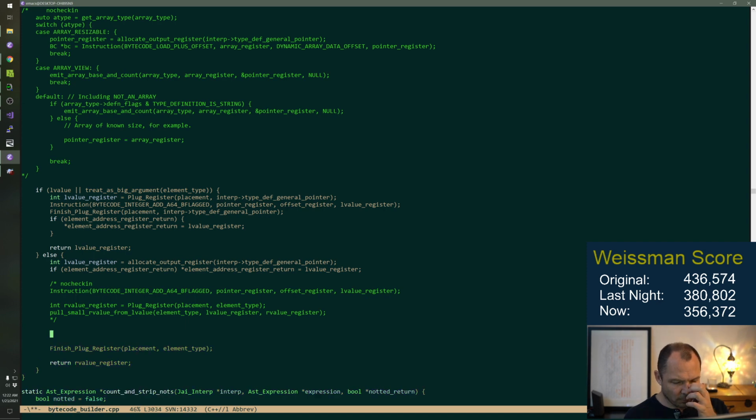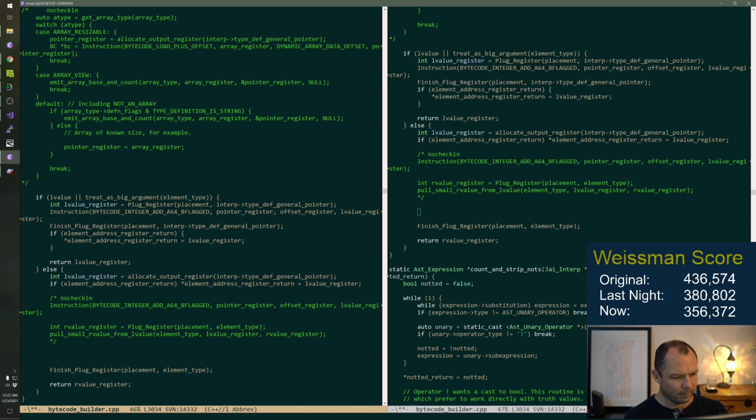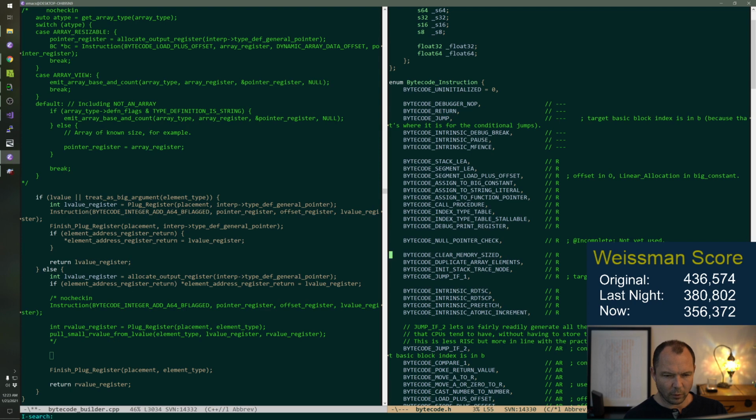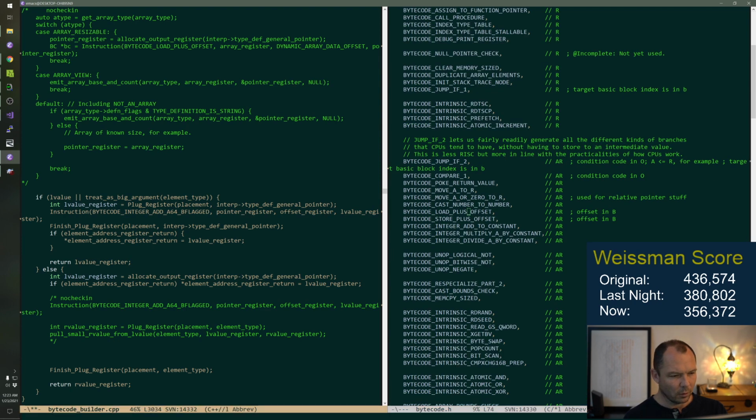Again, what are my bytecodes called? Load plus offset, right? Vanilla load plus offset. Yes. Load plus offset from the pointer offset register.